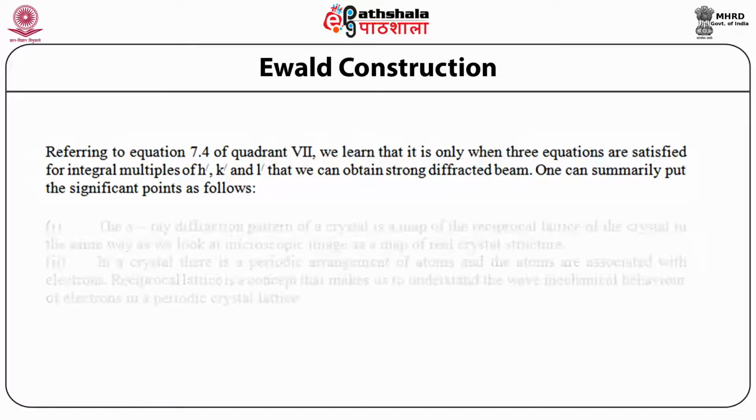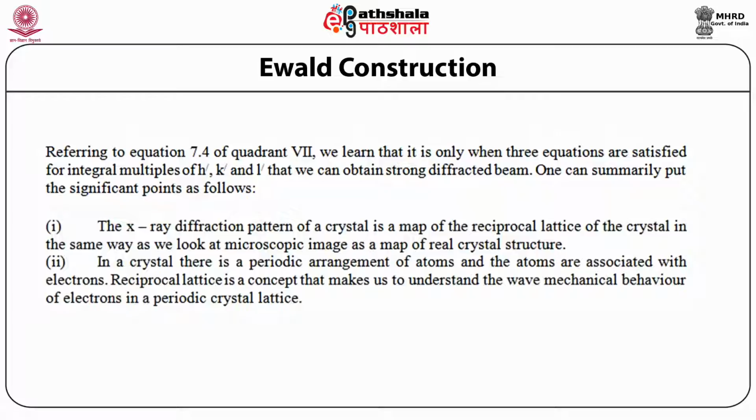Number 1. The X-ray diffraction pattern of a crystal is a map of the reciprocal lattice of the crystal, in the same way as we look at a microscopic image as a map of real crystal structure. In a crystal there is a periodic arrangement of atoms, and the atoms are associated with electrons. Reciprocal lattice is a concept that helps us understand the mechanical behavior of electrons in a periodic crystal